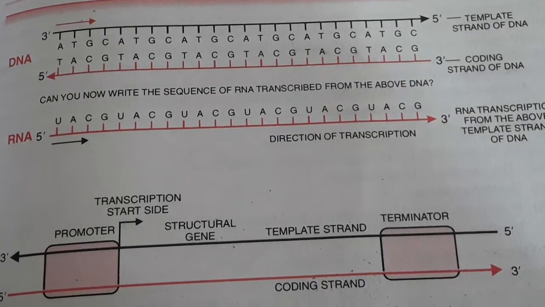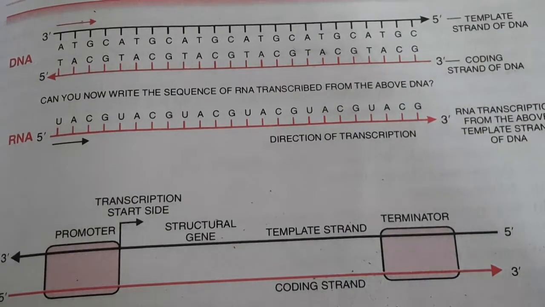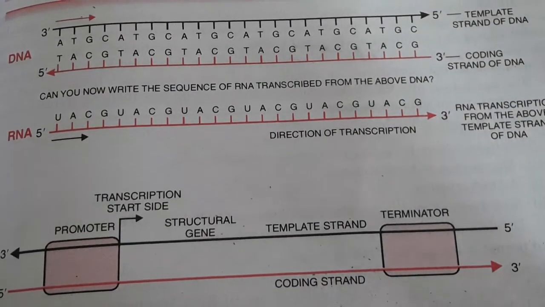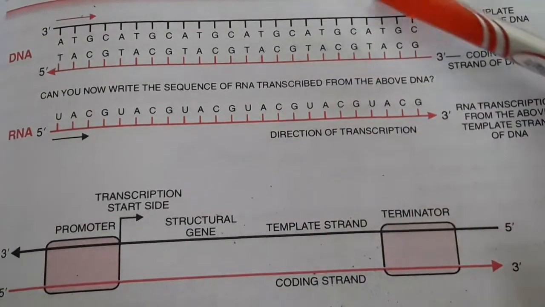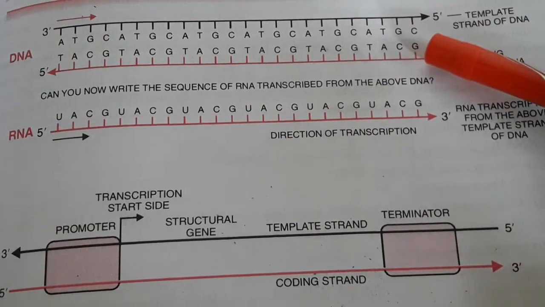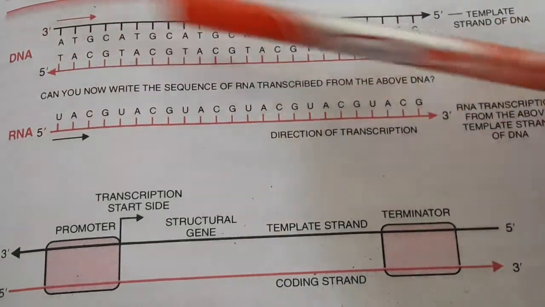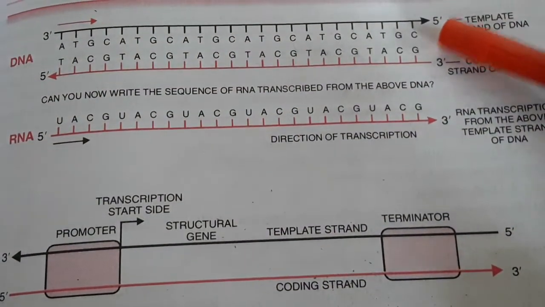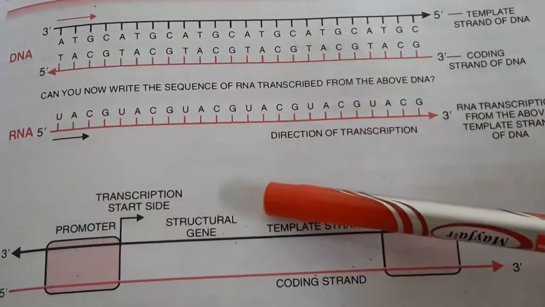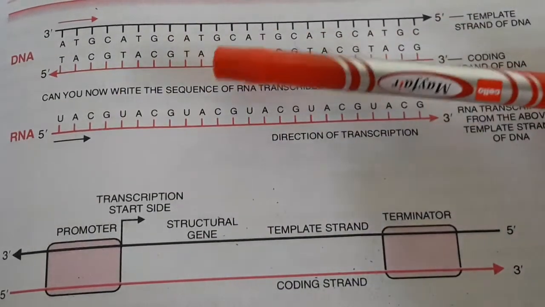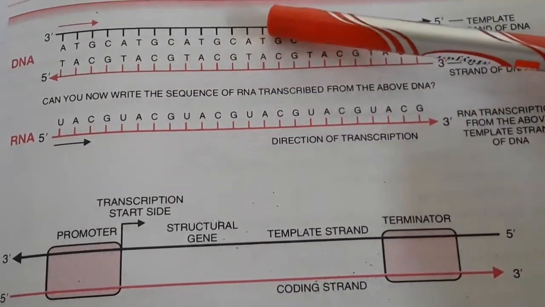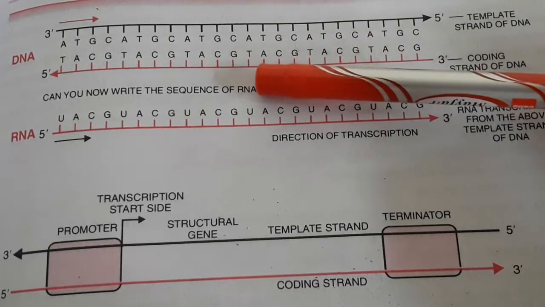Now, we are saying that it is being synthesized from a DNA strand. So, basically, this is the DNA strand, one which runs from the 3' to 5' direction and the other from 5' to 3' direction in this way. That means we know that the DNA strand is antiparallel, isn't it?